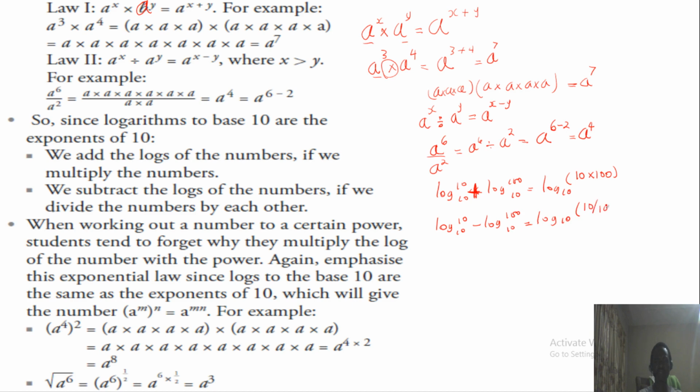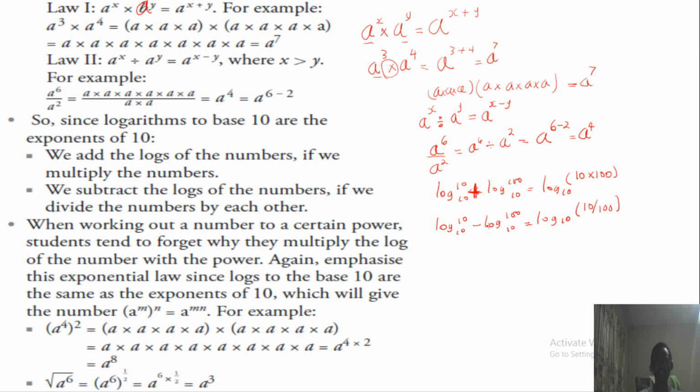We subtract the logs of the numbers if we divide the numbers by each other. You are going to see more of this example when you have plus, multiply, and when you have subtraction,